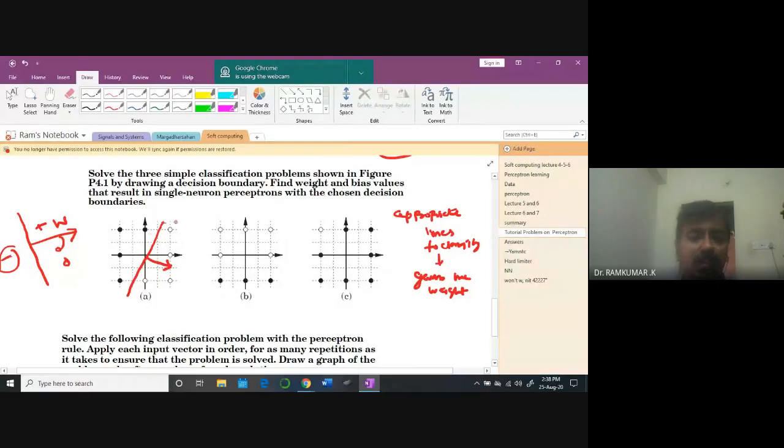This will classify my three white dots, the positive side, negative side. This line is sufficient. But what is the value of this weight? Can you guess? It's 2 units on the negative side. It's going to be 1, minus 2. 1 or 1 minus 1, or otherwise 1 minus 2 will be sufficient for that. You understand what I'm saying? Every one of you? The weight value can be this. How many of you understood? Anybody having doubt, please ask.